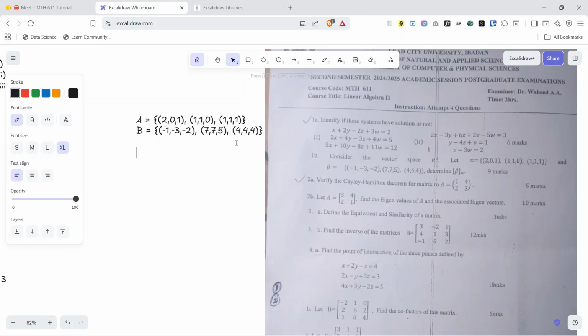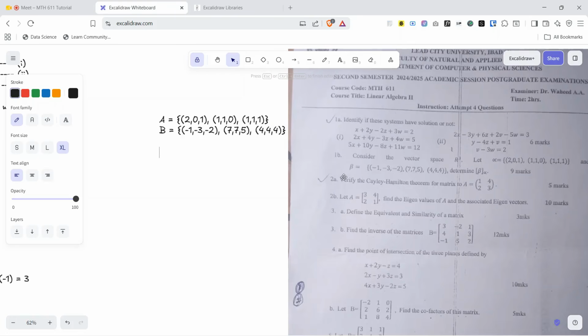So now they want us to determine beta underscore alpha. To be able to solve this question, what we are going to do is we are going to use the beta. We are going to solve the equation alpha now using each of the beta conditions, like each of these, this, and this. So